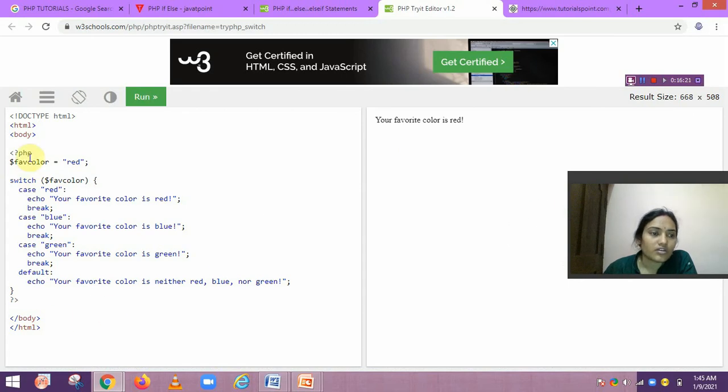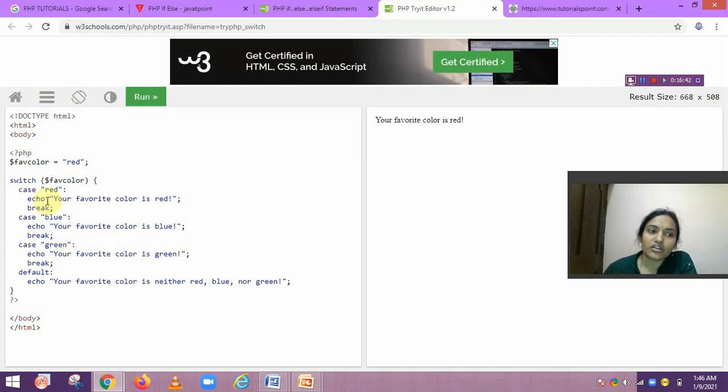Okay, here the favorite color is red. The switch case on $favcolor. If the case is red, then it will display your favorite color is red. Then case blue, then it will print your favorite color is blue. Then break, then case green. In this way, it will display red, blue, green color.